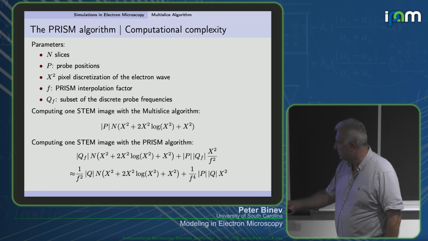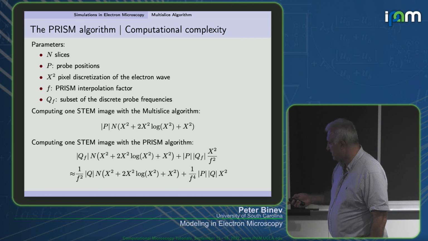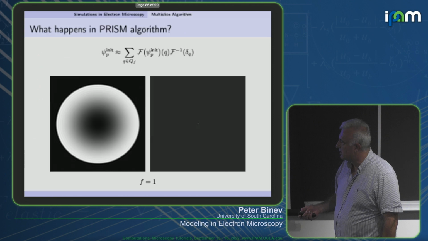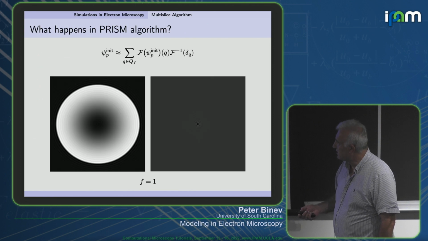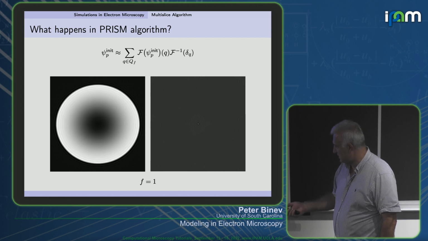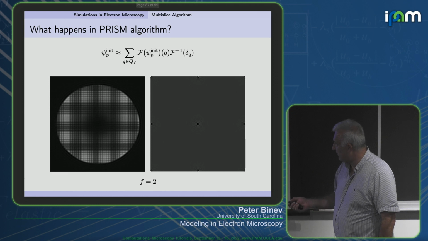So at the end, when we get rid of this Qf and we have the Q, then, as I said, we have essentially a better approximation when the number of probe positions is too high. And here we see the PRISM algorithm with different factors. That is what the probe looks like at the beginning, the standard one. When you have f equals 2, you